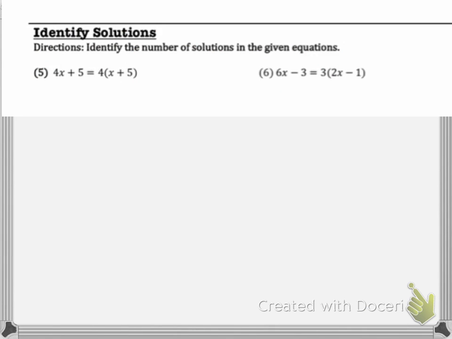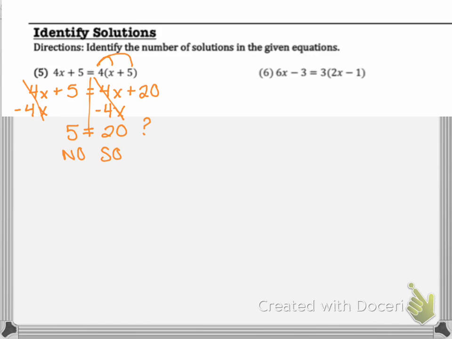So then finally, I want to talk about equations that have unique solutions. Okay, so in number 5, I would begin by distributing the 4, and that will give me 4x plus 20 on the right, and then I'll bring down the 4x plus 5 over here. So again, I've got variables on both sides, and so let's just move the one on the left. I'll move the 4x over here, and I notice that they cancel. So I'm left with 5 is equal to 20. Well, that doesn't make any sense, right? My x has disappeared. So in this case, we say that there is actually no solution in the world that'll